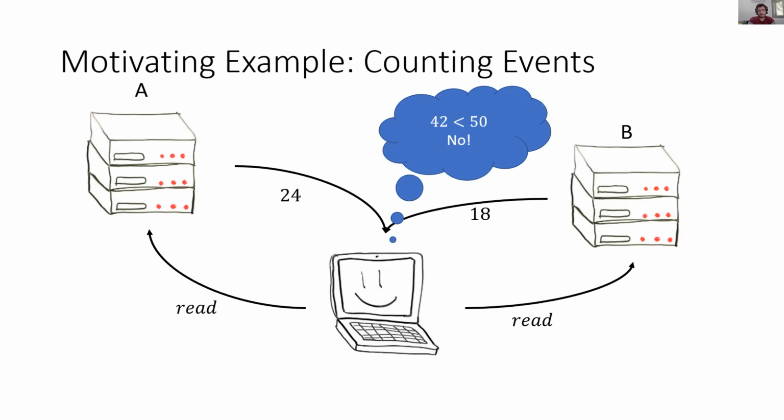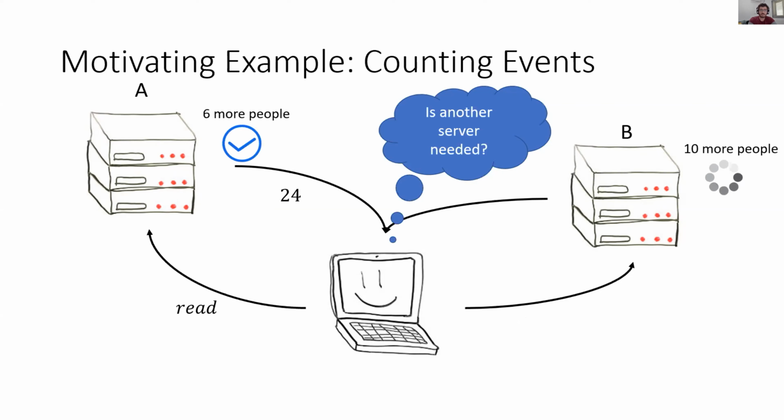But this is all fine when things are happening sequentially, but what happens when things start happening concurrently? So for example, 6 people start connecting to server A, and the controller meanwhile asks server A how many people are connected to it. Well, server A hasn't updated its internal counter and therefore returns 24. The 6 people finish connecting and server B now has 10 people connecting to it. The controller then goes on to server B, trying to read how many people are connected to it. And server B finished handling these requests and therefore returns 28. So the controller sees 52 people are connected and thus needs to start up another server.